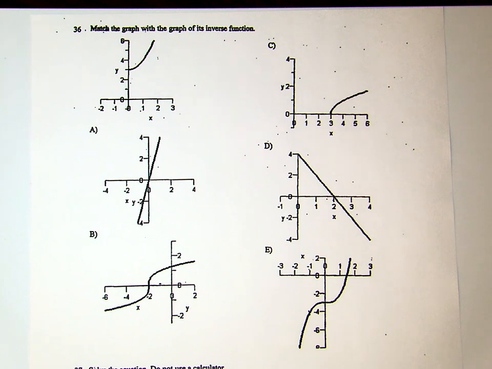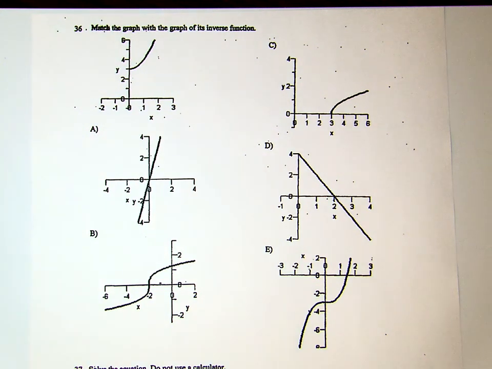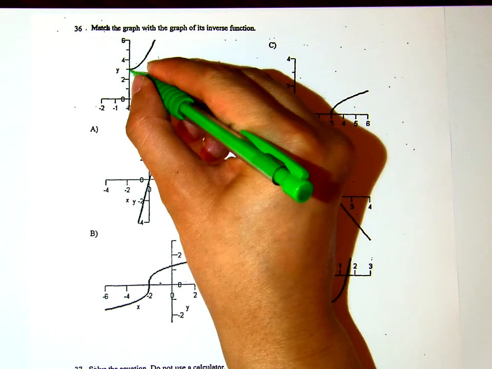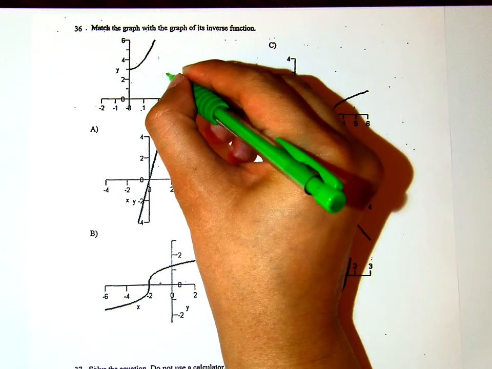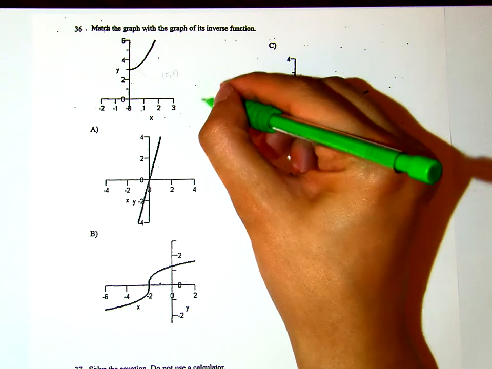Now, we have to remember that it has to be a function first, and it has to be a one-to-one function that we can find the inverse. Okay, now this is the graph that we need to find the inverse of, and we will analyze that in the following way. Because we don't know what the function is, what I can do is some plotting. For example, the y-intercept here is 0,3, right? That's the y-intercept. So the inverse